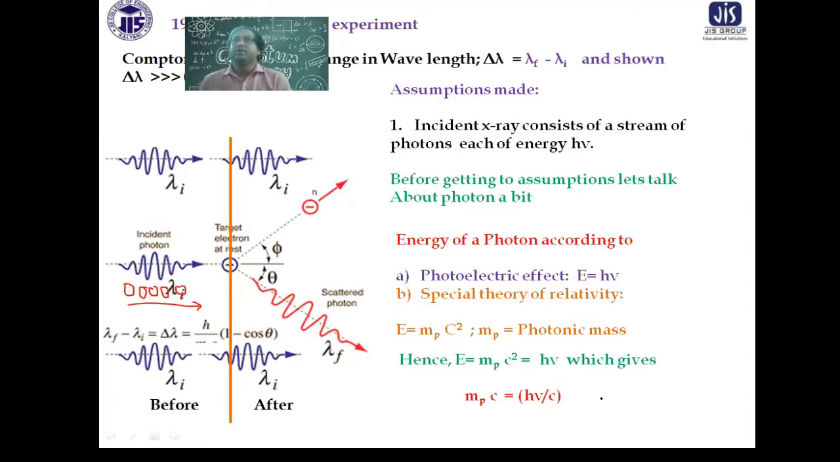So now let me talk a bit more about the photons. Photons are coming in. Photonic energy is h nu according to the photoelectric effect. Now, which is not included in your course, a bit of relativity idea, but that formula you know, E is equal to mc square. According to relativity, if somebody is in a static condition,